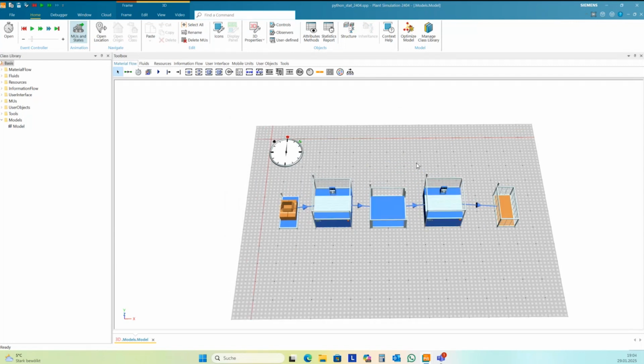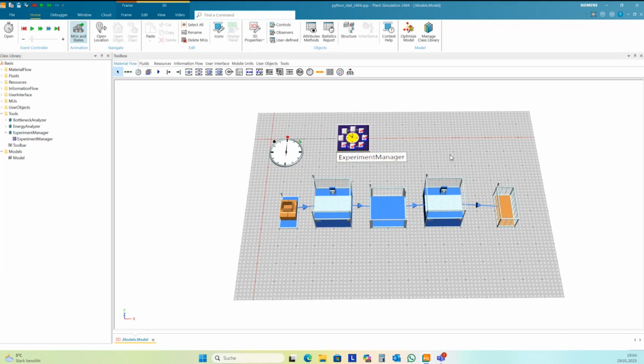And then we need the experiment manager to create a couple of experiments. And I want to have later another diagram for the results of the experiment manager. And so we need to adjust the experiment manager. I want to change the buffer capacity, and I want to show drain StatNumIn as output data.